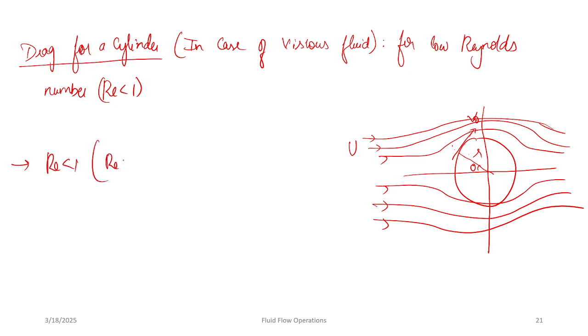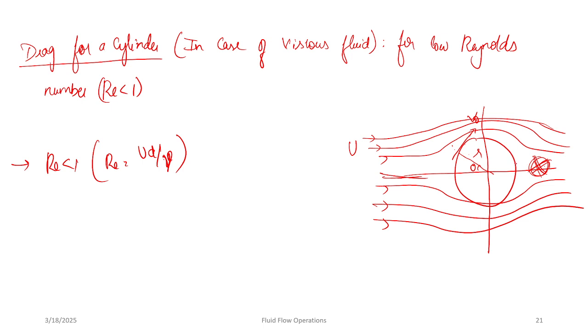So what is the formula for Re? U into D by gamma, is dynamic viscosity. So the streamlines come together symmetrically as at the front of this cylinder. So when the Reynolds number is very low, there will not be too many eddies formed here. Okay, so there won't be any eddies forming here, and the streamline flows will be coming